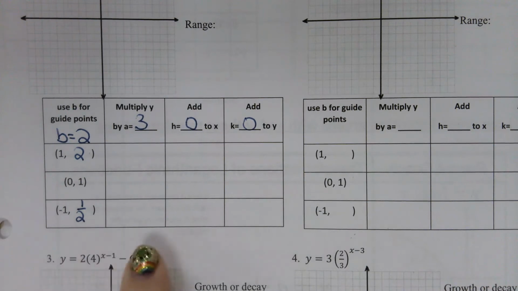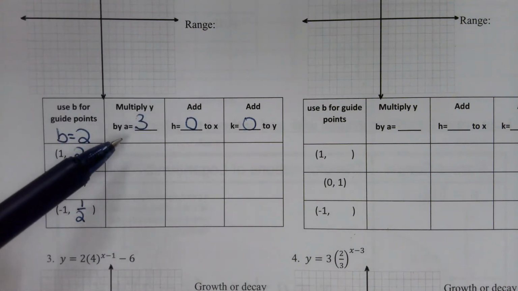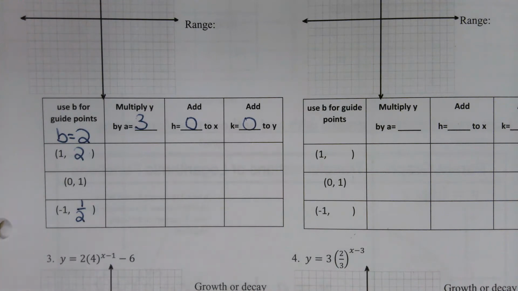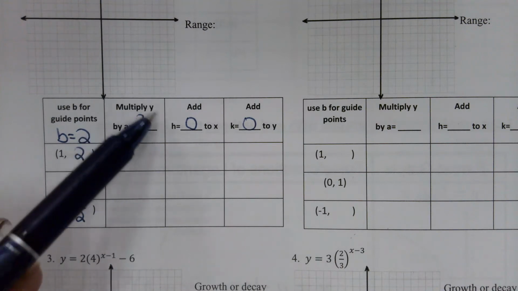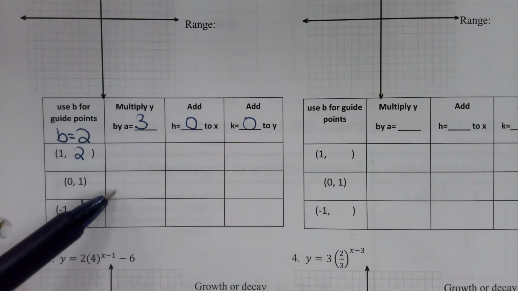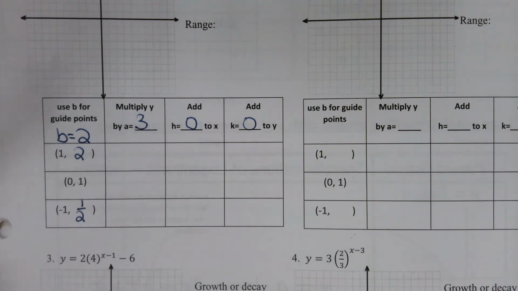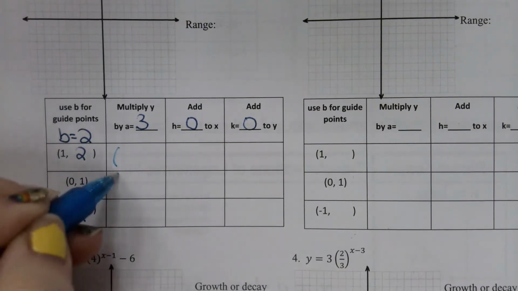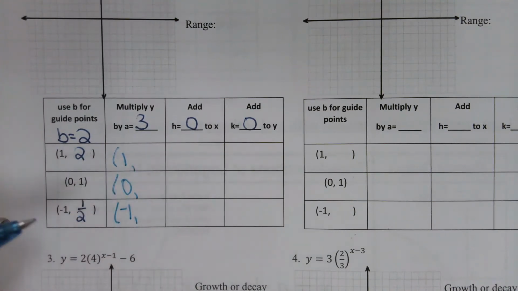When we apply each transformation, the application comes from what that is actually doing to the graph. We talked about our a value being the stretch. It's either being stretched vertically or made flatter. And so because it's happening vertically, we apply it only to the y. So in order to get the transformation applied, we multiply all of our points by a factor of 3 for the y value. So our x values will remain the same,